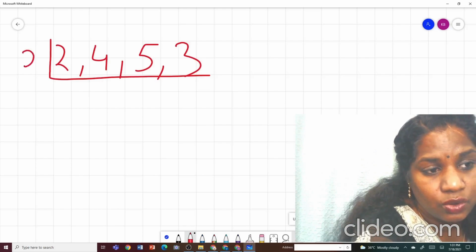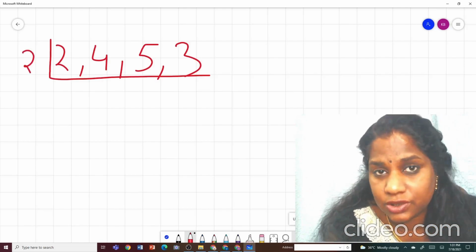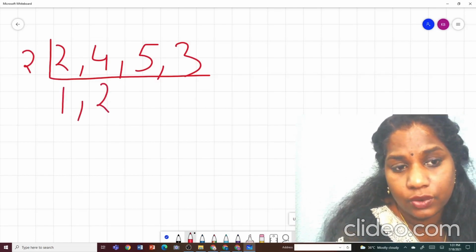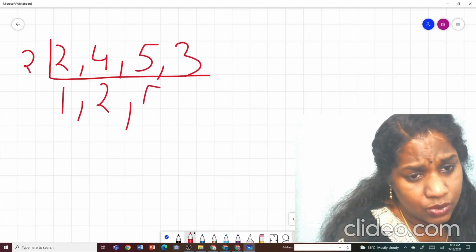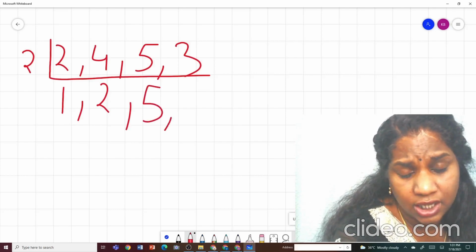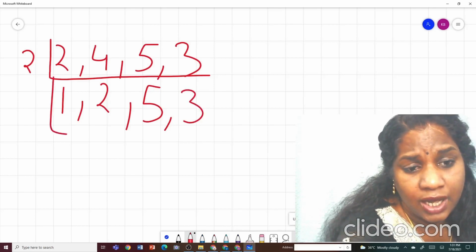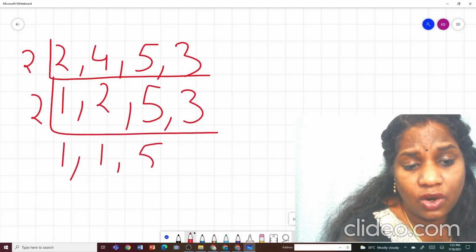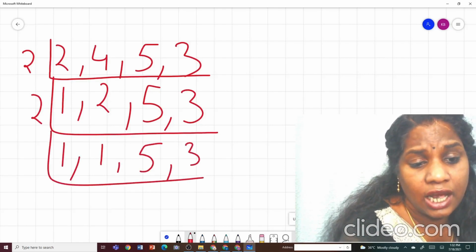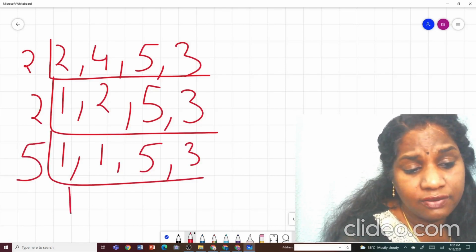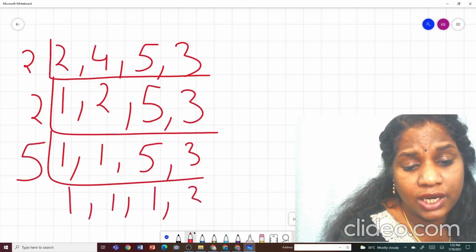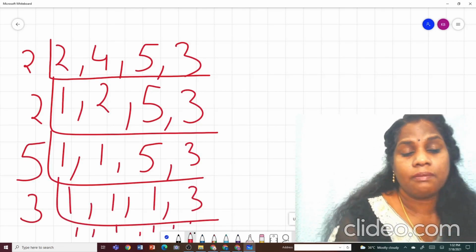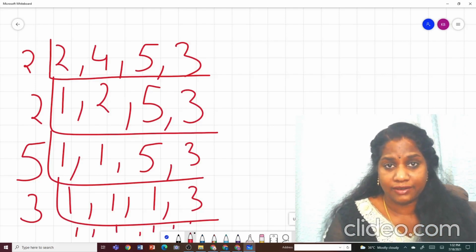First I will take 2 because I can divide 2 with 2, isn't it? 2 ones are 2, 2 twos are 4. Can I divide 5? No. So let me write it here. Can I divide 3? No. So I am going to write it here. Again with 2, because this 2 can be divided, right? And the rest cannot, so I am going to write them as they are. Now to divide 5 I need to take 5. I am dividing it and making it 1, and for 3 also I will divide with 3. Done deal. My last row, everything is 1, right?